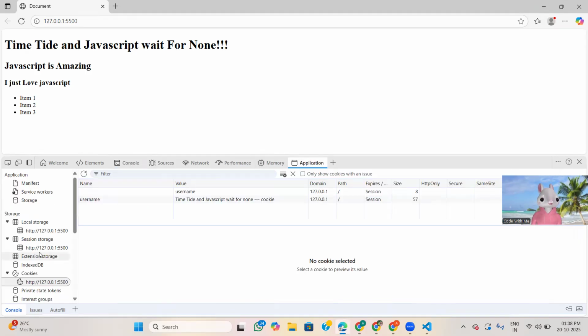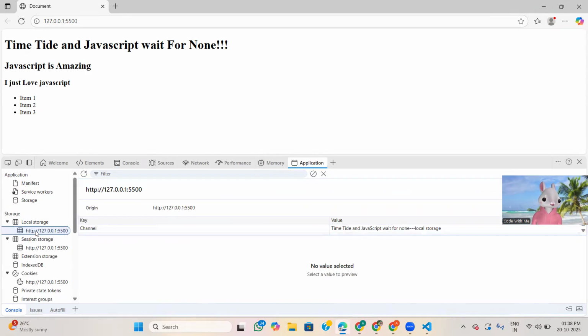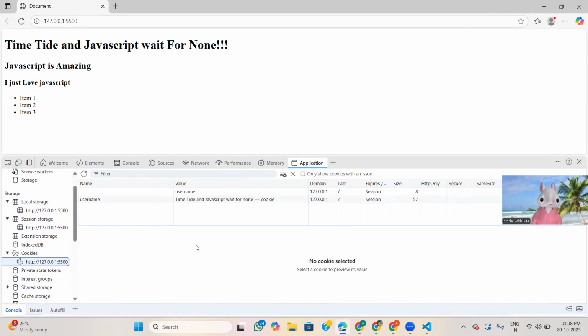So basically, I think you guys got to know. Here our local storage data got saved, our session storage data got saved, and our cookies data got stored. Now if we talk about their lifetime, local storage will be available until we delete it manually. But session storage's lifetime will be until that tab is closed. As the tab gets closed, their lifetime is over.